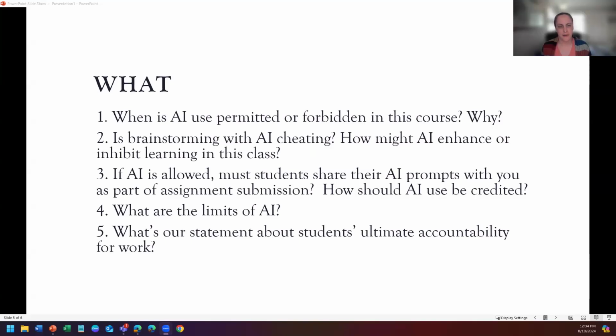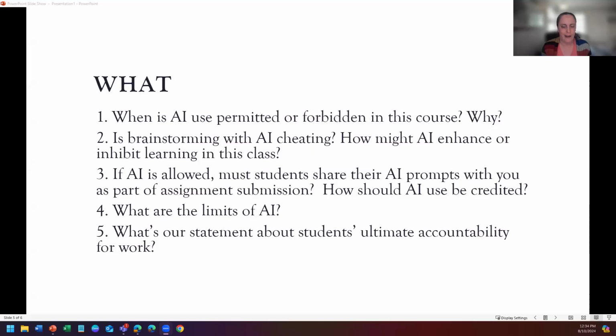Yeah, so we had a quick conversation about this. Most of us agreed it hadn't occurred to us to request the AI prompt as part of an assignment before, but depending on the assignment and how much we wanted to also work with students and see their metacognition, we thought that would be really good. Maybe not for every assignment, but for assignments where you're using it for brainstorming, especially since a lot of us talked about through various sessions here and elsewhere we're learning about this summer. Sometimes you can put almost the exact same thing into a chatbot and get a different response every single time. So it can help to see what the student initially put in, so you could work with the student on that.